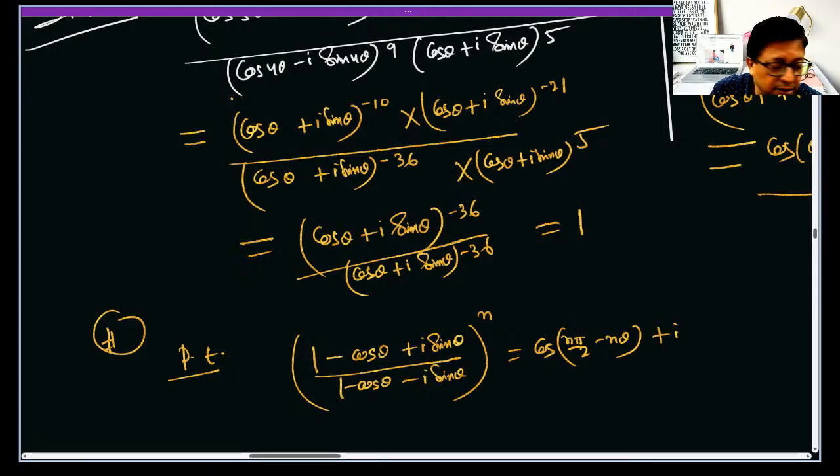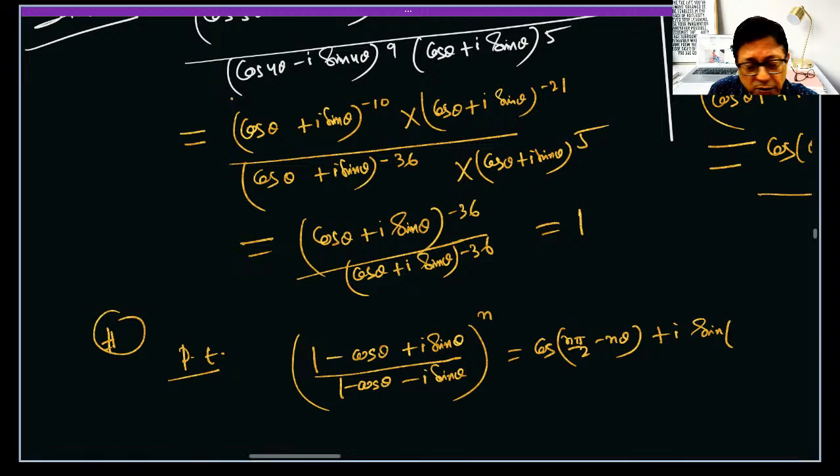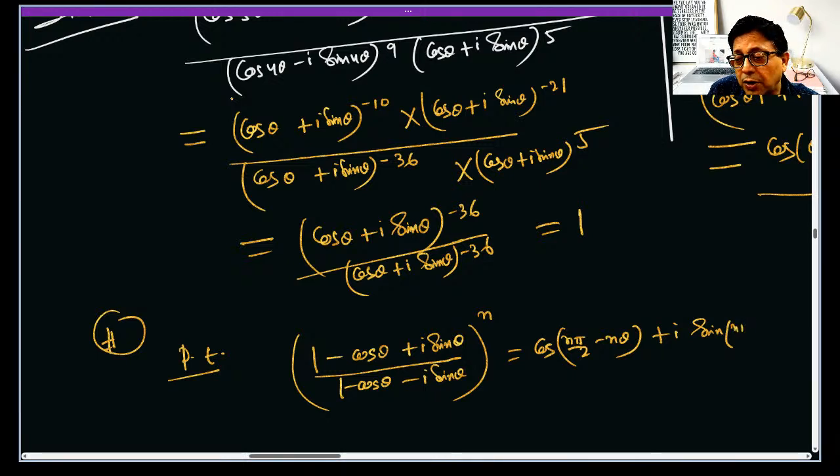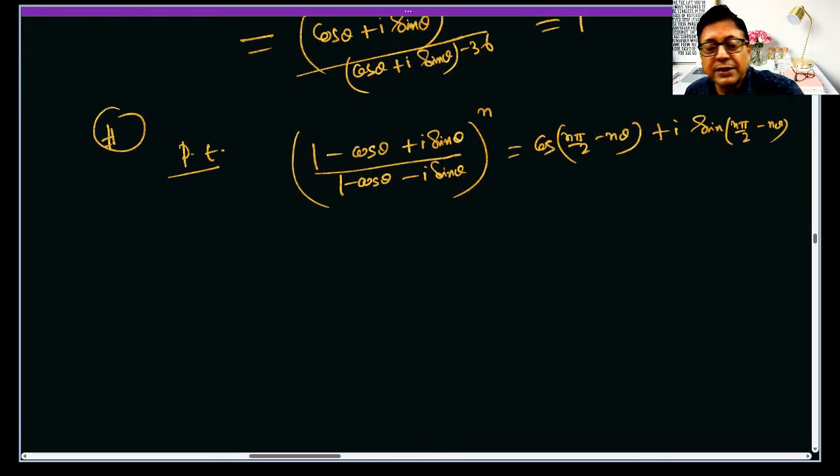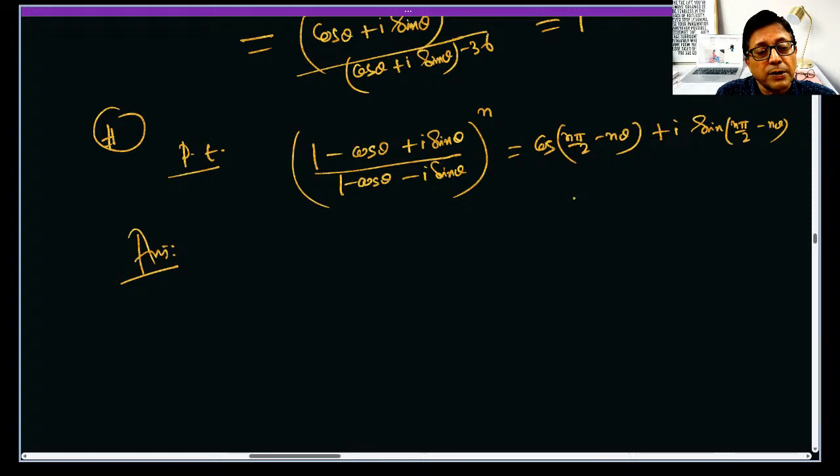These are skill based sums. Just direct application of De Moivre's theorem. How to get this thing? This is a trigonometric identity. So to prove this, no rationalization. You just simplify it,